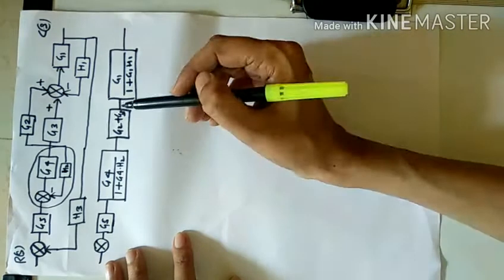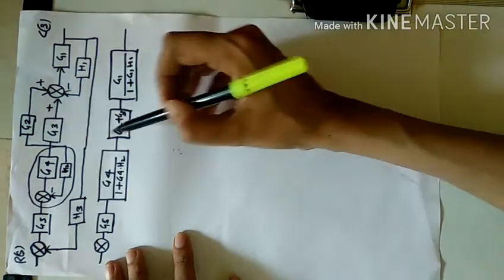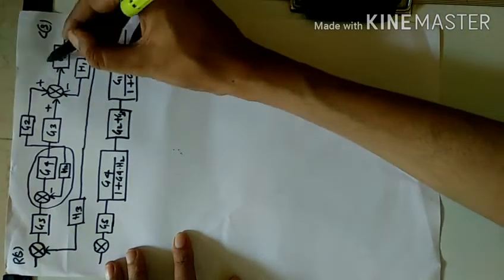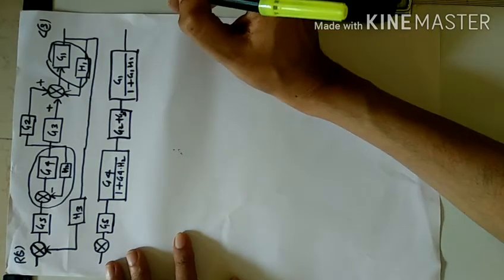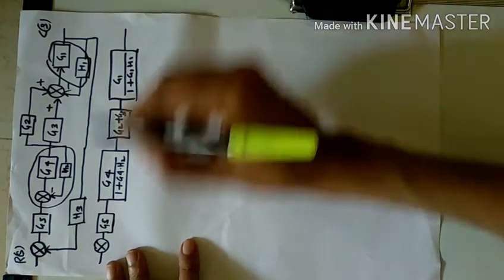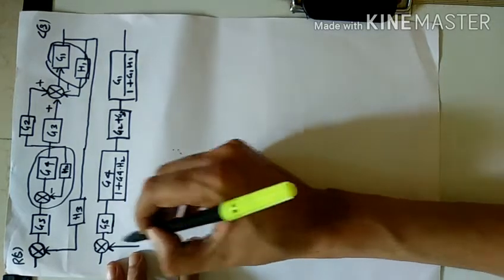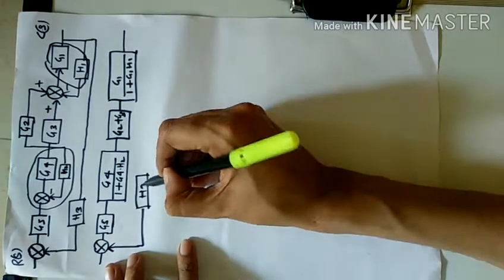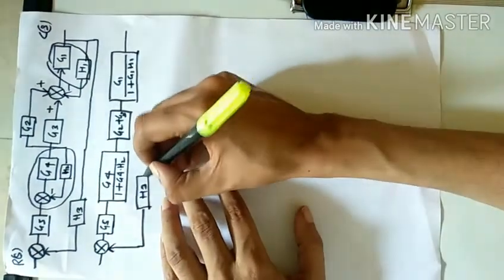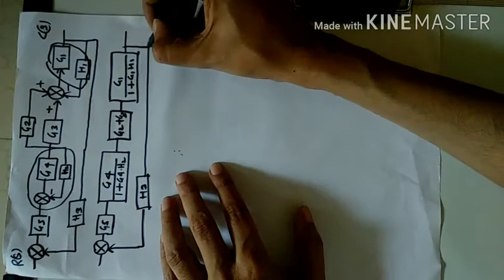This is first eliminating feedback loop. This two in parallel, G2 plus G3, and this is again in feedback. So G1 upon 1 plus G1 H1. That we are using the formula directly and we are concluding it. Okay. Here then there is what? Again H3 in feedback. This H3 is as it is. We cannot solve it now, and this whole completed.